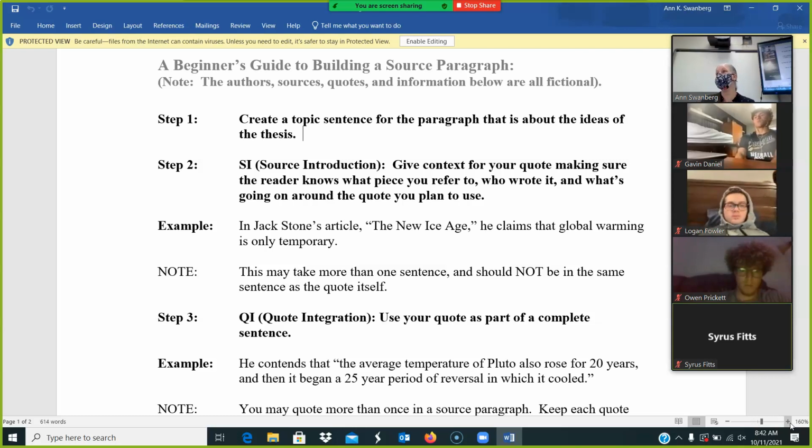Fantastic. So we start with a topic sentence that's about your ideas, that's about your thesis that you're taking, right? And it's just like a topic sentence for the body paragraphs you wrote for the last essay, right? So we're not doing anything new there. You know how to write a topic sentence, yes? It's got to have keywords from the thesis or the prompt. It's got to have a transitional phrase in it, and it's got to tell us exactly what the paragraph will